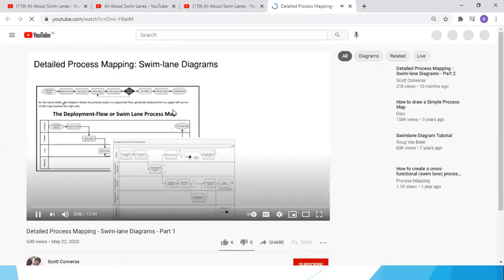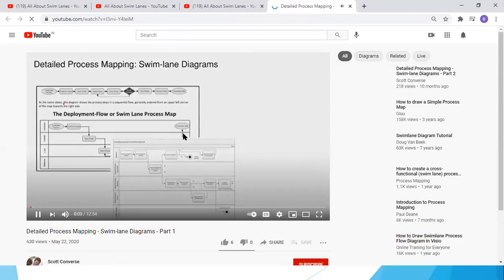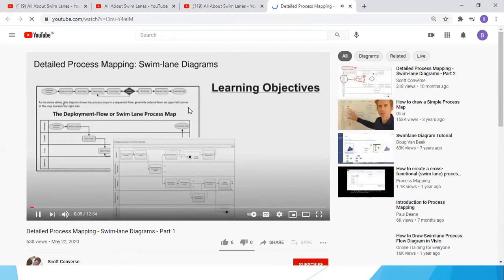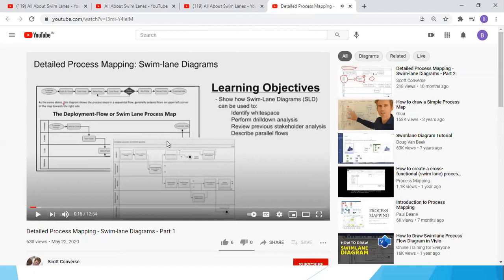In this video, we're going to continue our analysis of detailed process mapping techniques. In particular, we'll look at swim lane diagrams. The learning objectives are going to be to show some of the benefits of using a swim lane diagram for process improvement, including